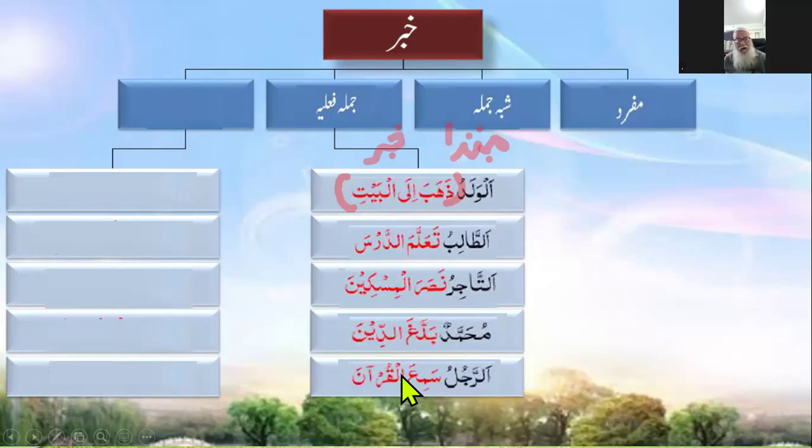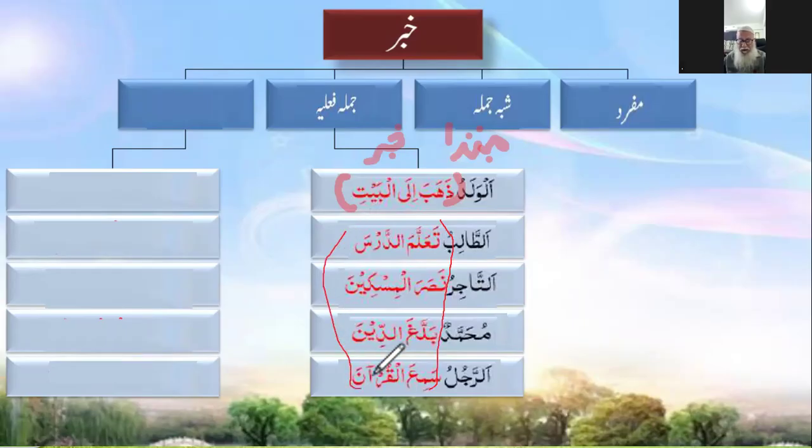Ar-rajulu sami al-Qur'ana. Ar-rajulu is the mubtada. Sami is the verb. Al-Qur'ana is the maful. Where is the fail? Hidden in sami, huwa. So we say fail, fail, and the maful become a jumla failiya. What this jumla failiya is coming as, construction wise,